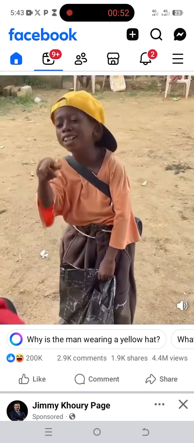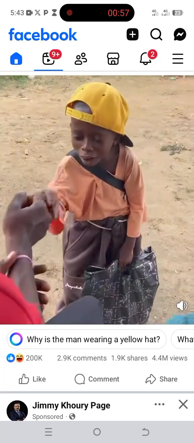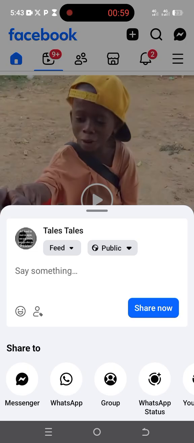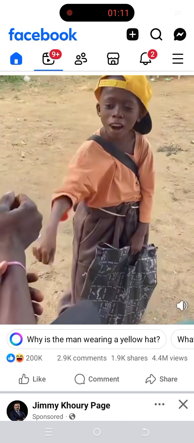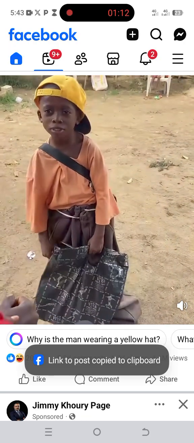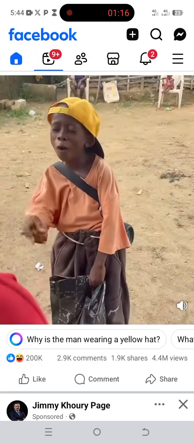If you see a video like this, you click on the share button, and when you click on the share button, this is what is going to pop up. The next step is to scroll to where you are going to see where you can copy the link. So you click on where we are having copy the link, and it's actually going to copy the link. And when the link is copied, the next step is you head back to